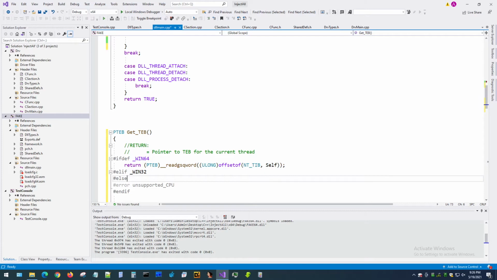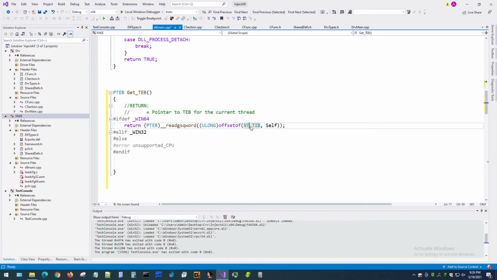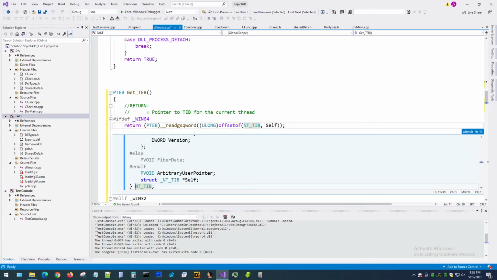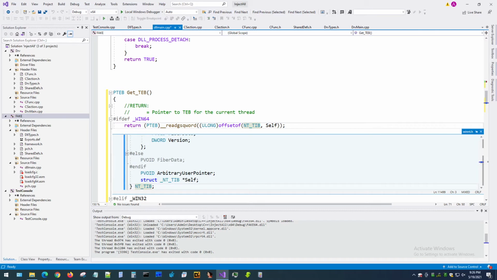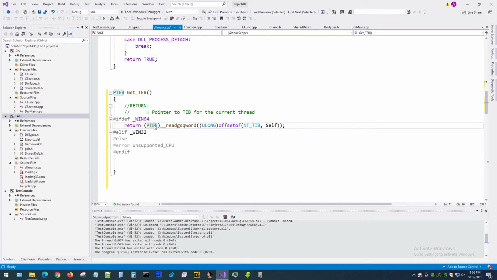Now this is a kind of weird way of putting it, but basically if you look at the structure here, the TIB is an internal structure and we need a reference to self. So in other words, that will give us the offset where the TEB is stored in relationship to this GS register. And if we switch to x86, we would do the same thing,